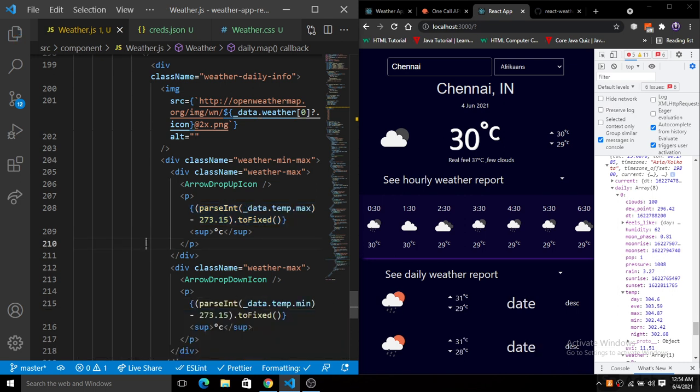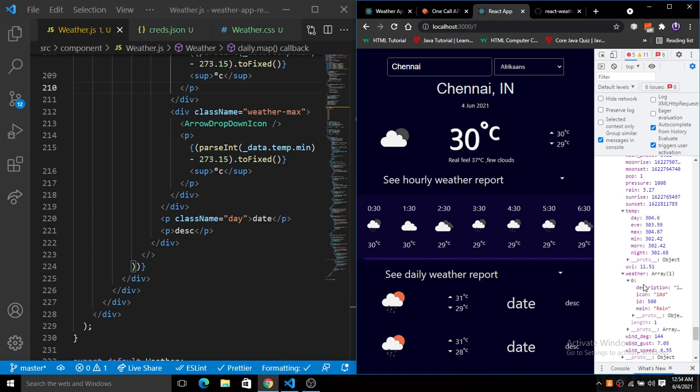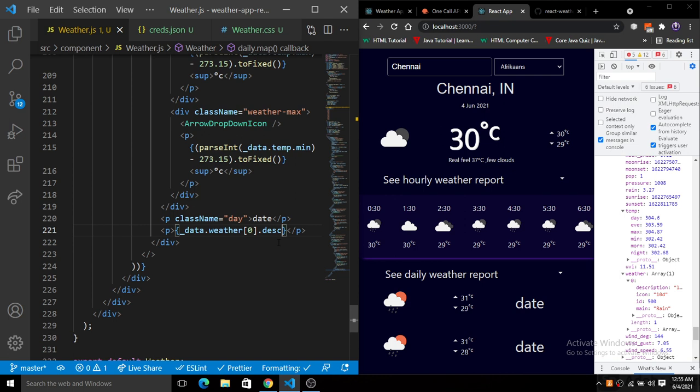And then the only thing that is left here is the description. Okay, so let's put the description also. So we will get the description from the weather there. So instead of this we just put here data dot weather 0 dot description, like this. So we have this description here. Okay, now let's save this. So we will have a description here also. Okay, nothing is showing here. Description is the full name. Okay, so let's put the whole name here, description.